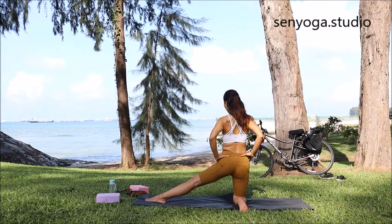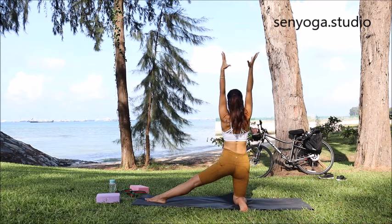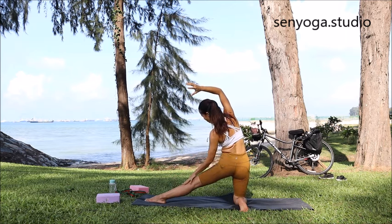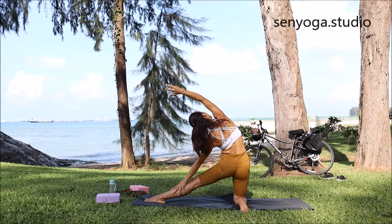Okay, so you're gonna from here raise the arms up into the sky. Inhale, and then exhale. You're gonna bring your left hand down on the shin bone or on the thigh, but not on the knee. We're gonna stay here and then stretch as deep as you can go into a gate posture for 5,